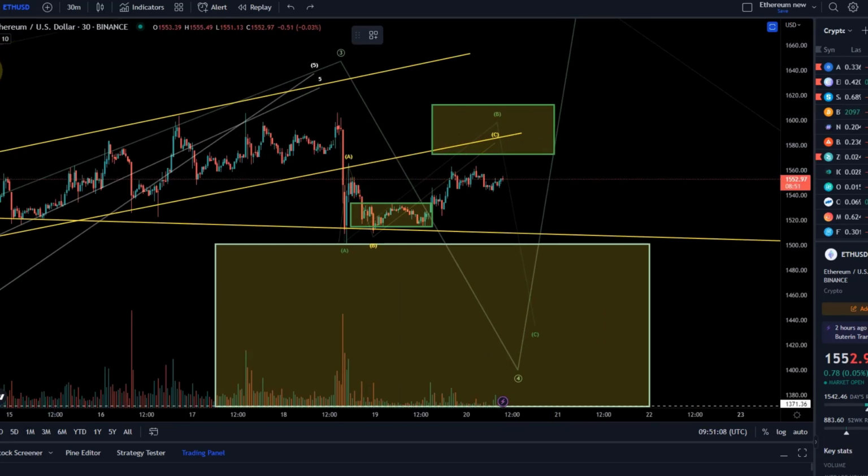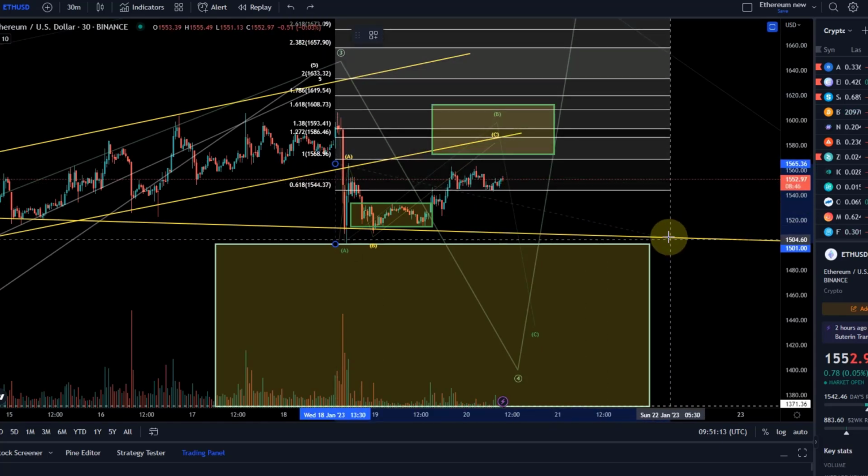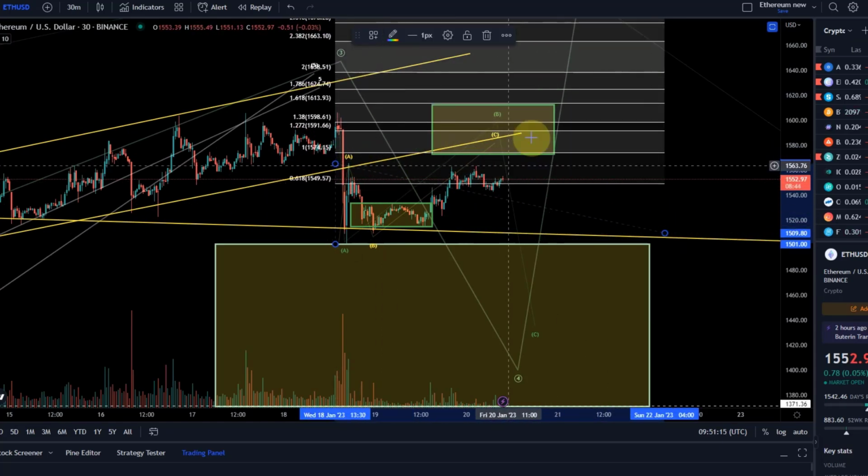If we calculate the length of the yellow A wave here and add it to the beginning of the C wave, then you can see that this area is highlighting just purely the most frequent target for a C wave. So obviously the internals of the green wave B are A, B, C in this scenario, and the C wave would normally go to the 1-to-1 ratio to the 1.618 extension. So we're talking here about 1574 to 1614. However, the condition would be that this is of course a C wave.